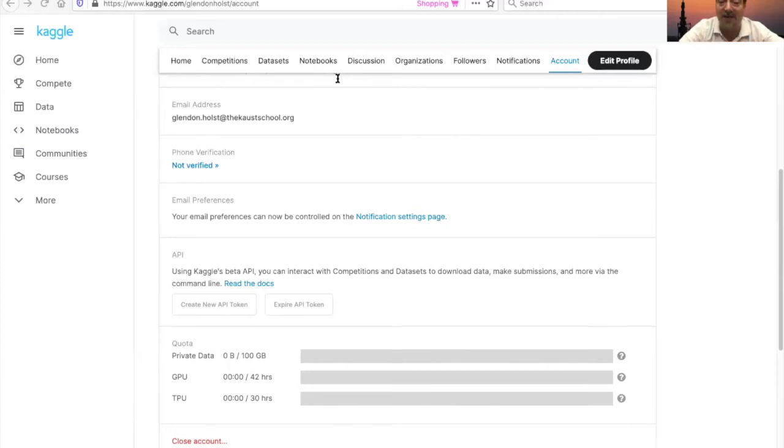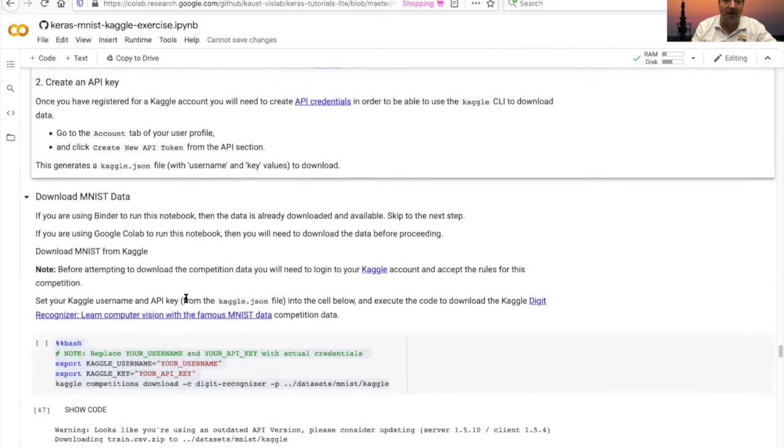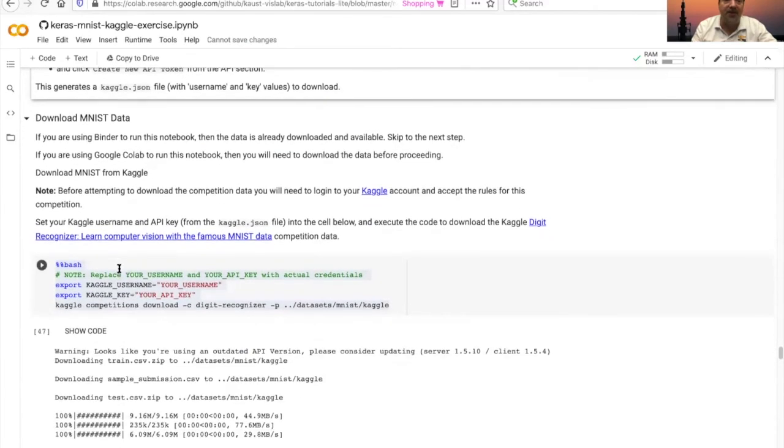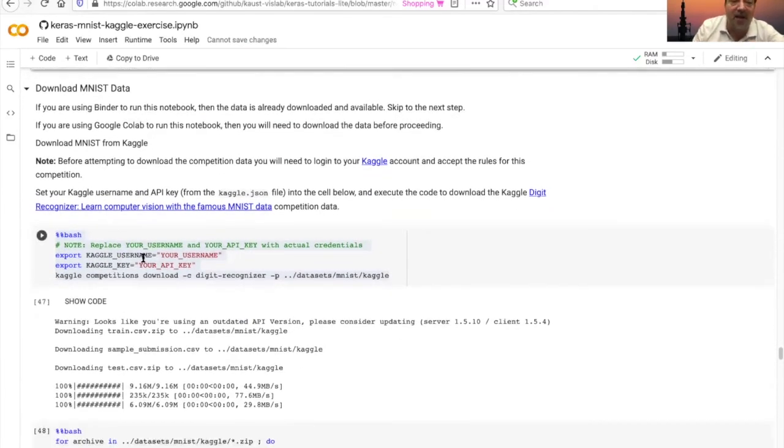Everyone should be different, okay? And what we're going to do is you're going to need to copy and paste these values into here. So let me show you where you will do that. So you see in this cell right here, it's a bash cell, and basically you're going to run